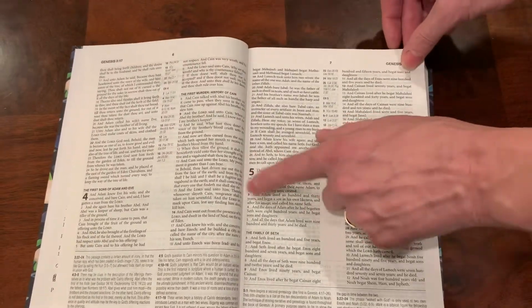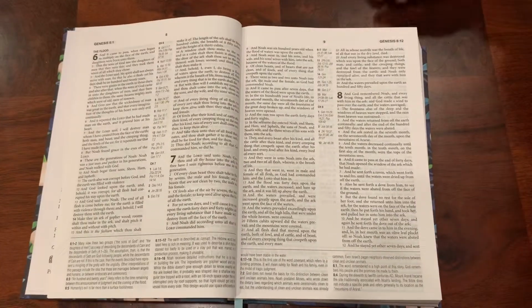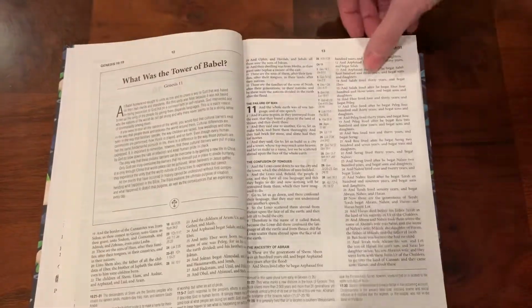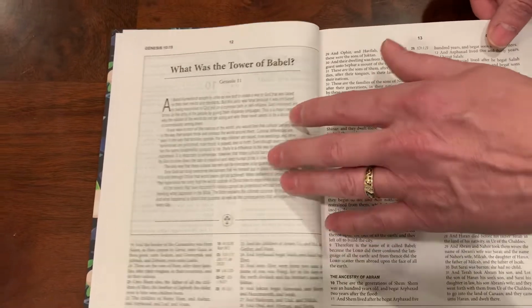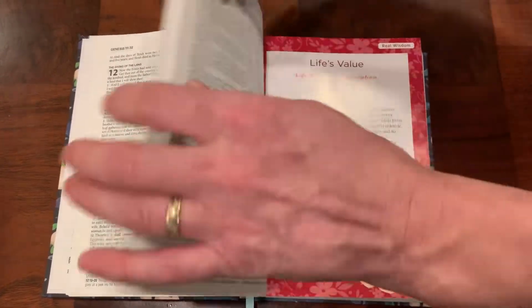I love that it has big, bold chapter references here. Page numbers in the center, so easy to tell what page you are on. I don't know how important that is to some people. And another Q&A. What was the Tower of Babel? So sort of like an article answering a question. A profile on Abraham. Now let's take a look at some of the things that are unique to this Bible,